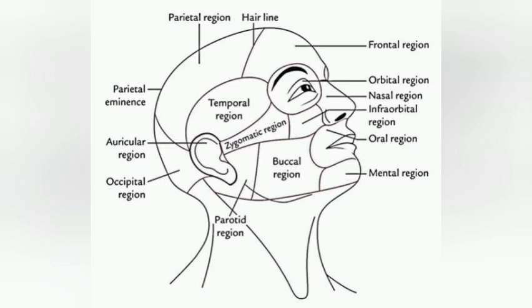Now, the frontal region, the parietal region, the occipital region, the temporal region, the auricular region, and the mastoid region are usually seen as the upper part of the head. The other ones I listed are the regions located around the face, that is the part of the face, such as the orbital region, the infraorbital region, the buccal region,